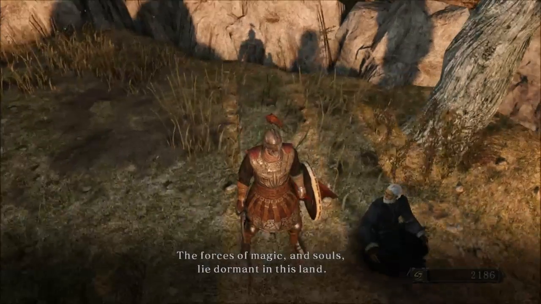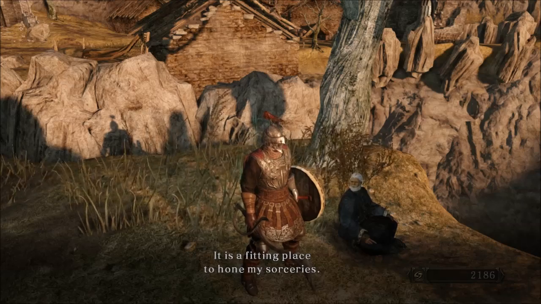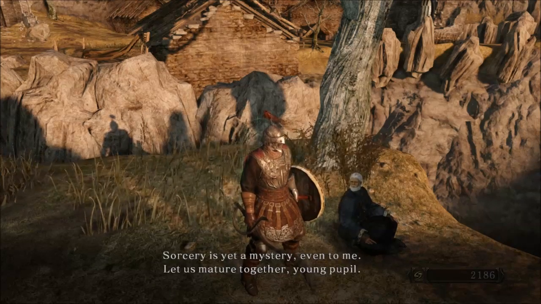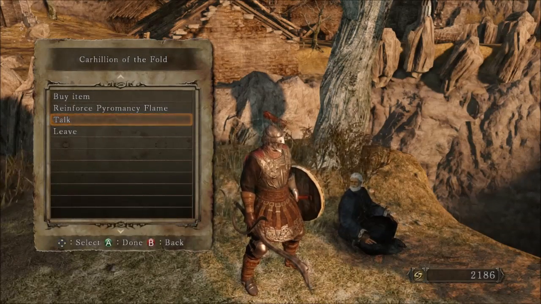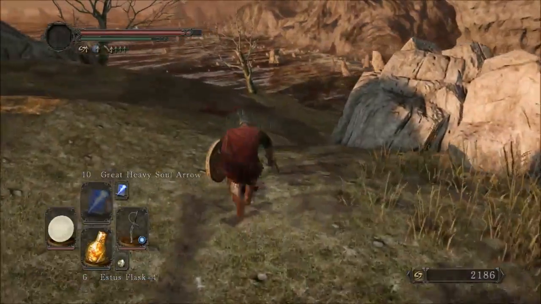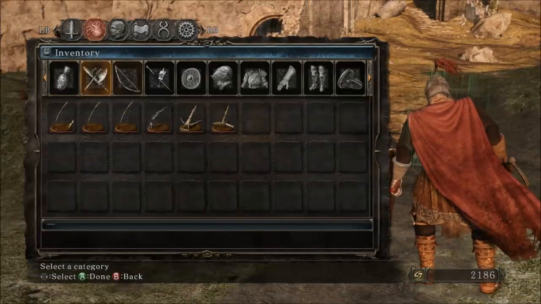The forces of magic and souls lie dormant in this land. It is a pity. We still hope. I suspect that I may even... Sorcery is yet... Oh, this is actually her teacher, Carillion. One day might... Alright. So...